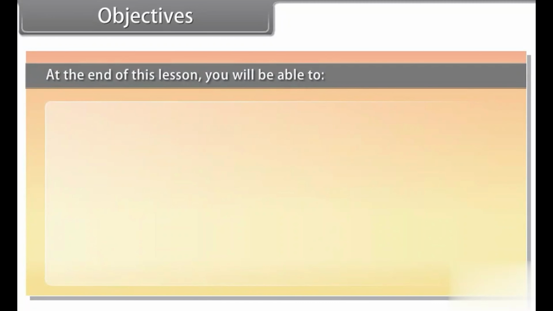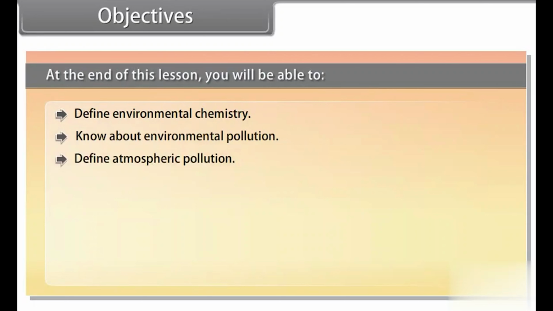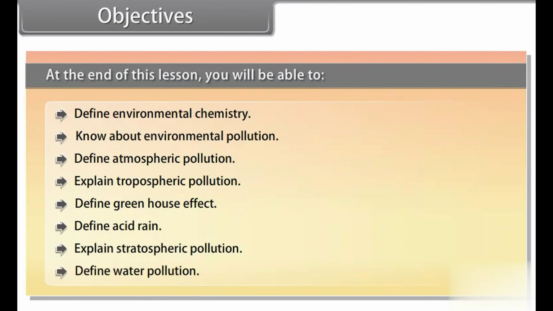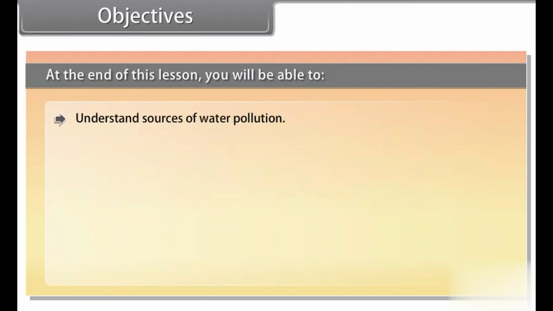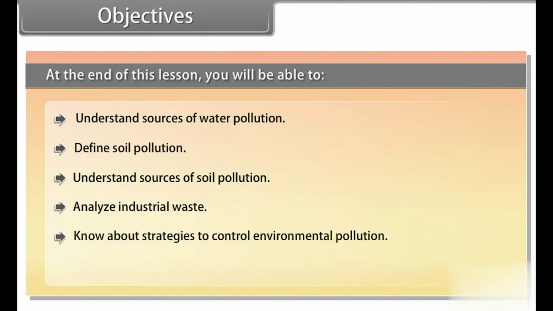Objectives. At the end of this lesson, you will be able to define environmental chemistry, know about environmental pollution, define atmospheric pollution, explain tropospheric pollution, define greenhouse effect, define acid rain, explain stratospheric pollution, define water pollution, understand sources of water pollution, define soil pollution, understand sources of soil pollution, analyze industrial waste, know about strategies to control environmental pollution, define